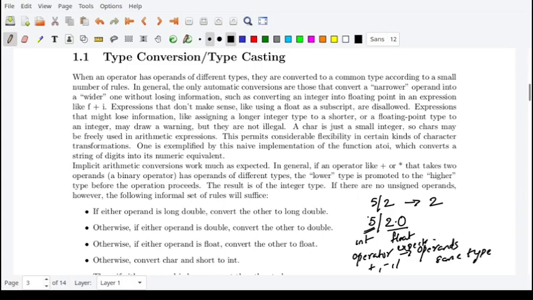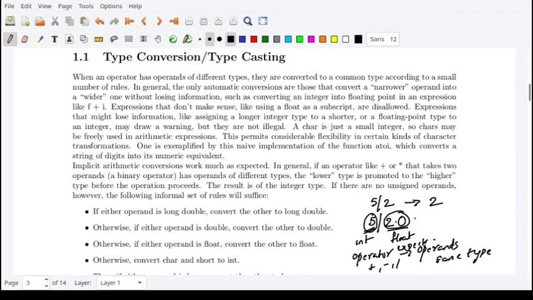So what happens in this case? One operand is of type integer, and the other operand is of type floating point. So they are having different types. So what will the compiler do? The compiler will convert these two into the same data type.